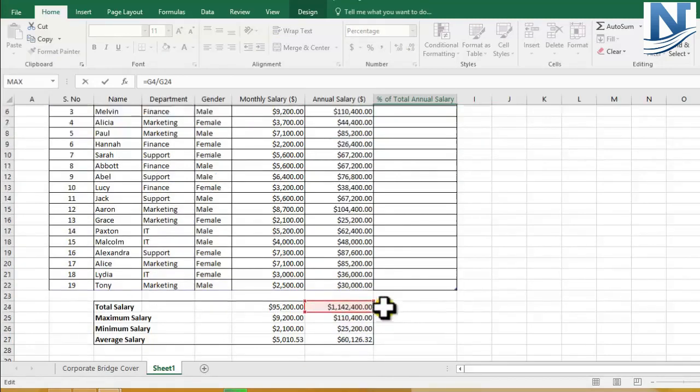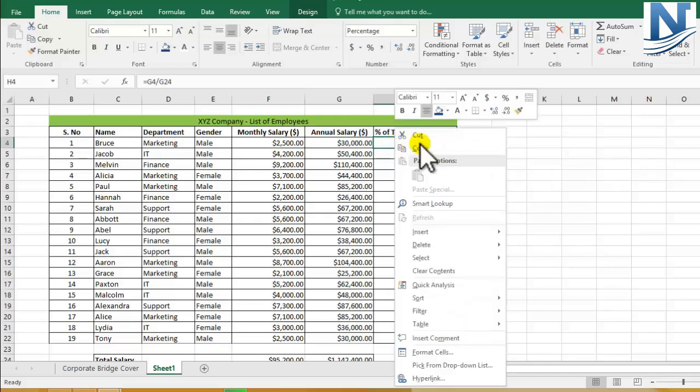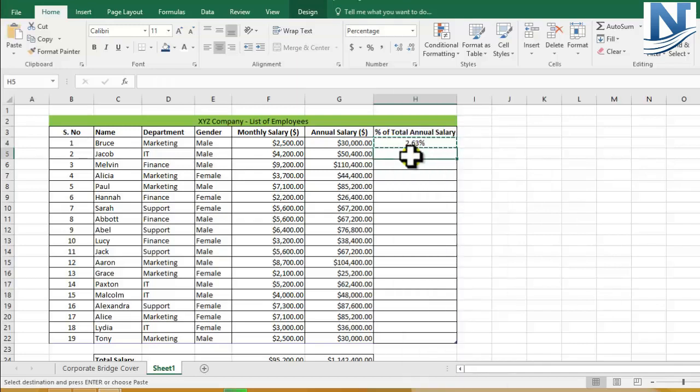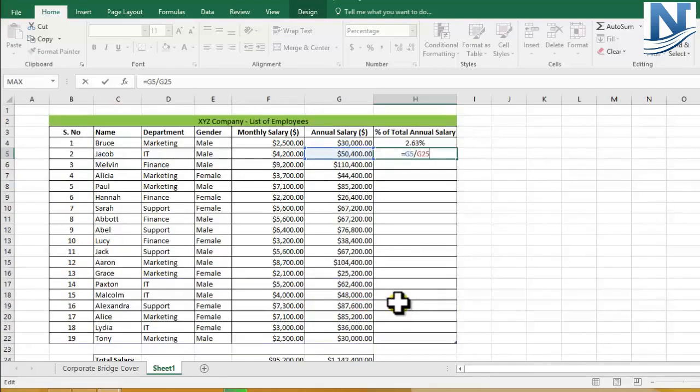total salary figure. Now since we want to use the same thing for all the employees, I can copy and paste the same thing. I'll copy, I'll come to this cell and I'll paste it. Let's see what has happened now. Yes, in the numerator the proper value is there, that is G5. But in the denominator, instead of taking the total salary, Excel has taken the maximum salary, which is wrong. So now we will understand the effect of absolute reference in this case.